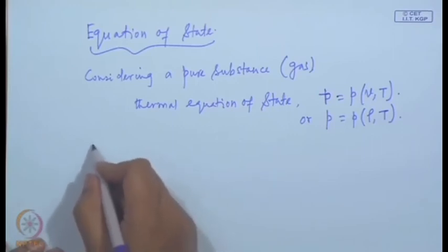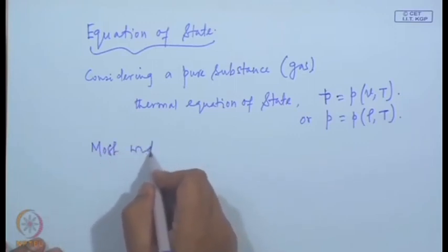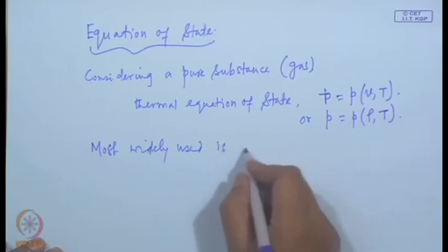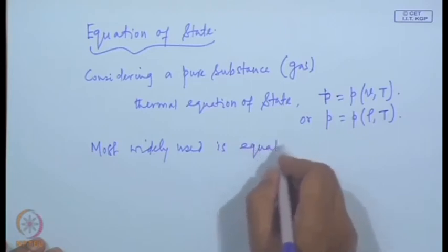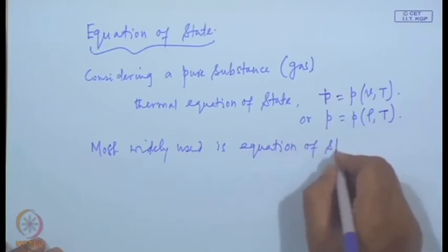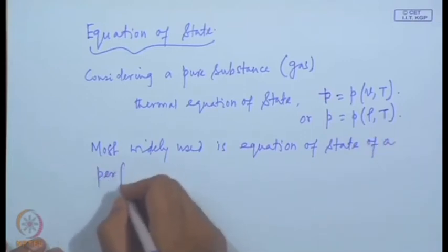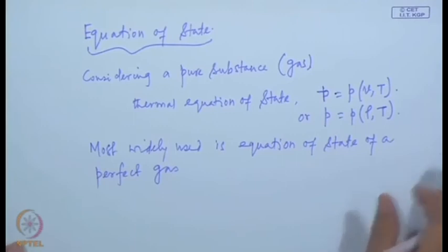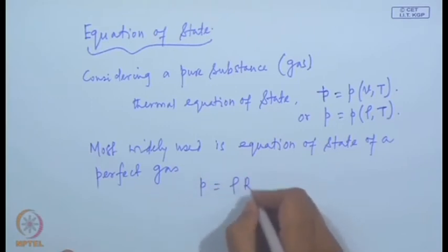This, the most important and widely used equation of state of a perfect gas, is P equal to rho R T,